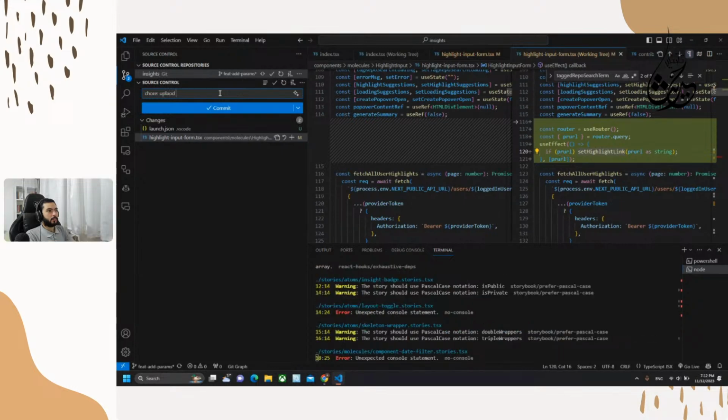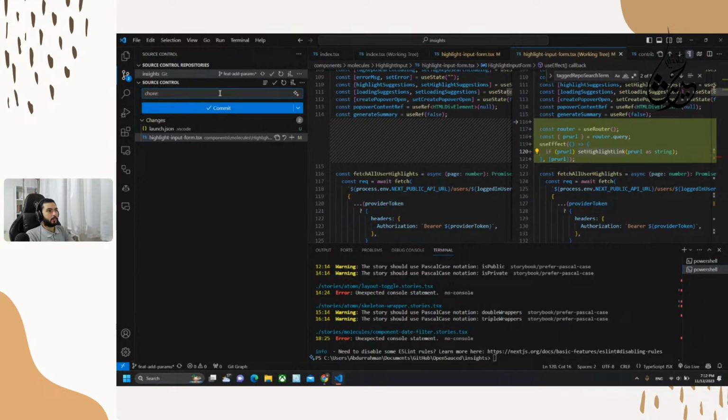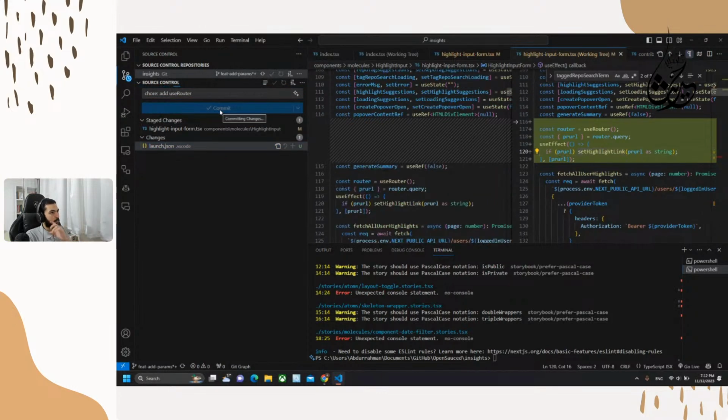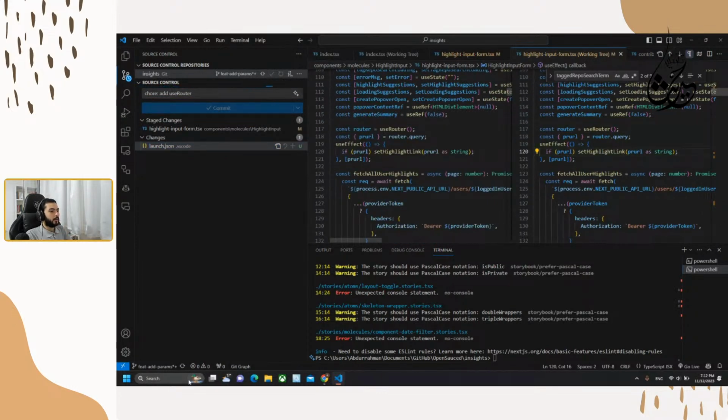Sure. So I could just add this and push it to the cloud or to GitHub so that I could share the information of it.